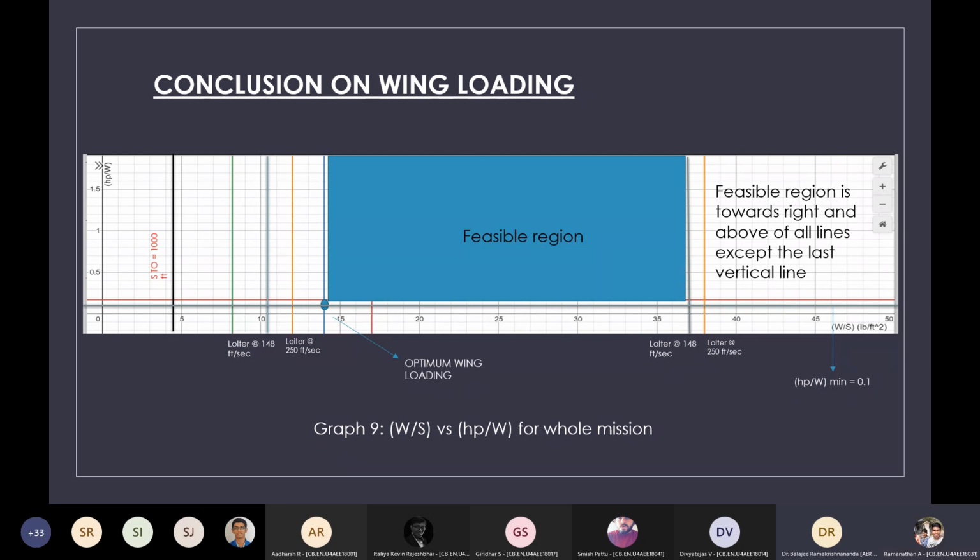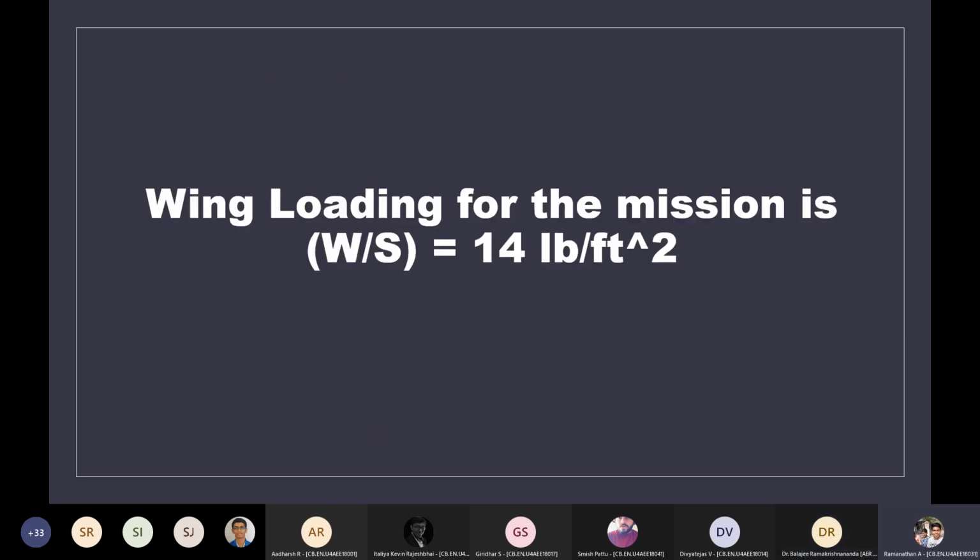Because if you have less weight, you need less power. You may have less wing area, but look at the wing loading. Actually, 14 is itself a very large value, sir. So you find out what is acceptable, and probably it's 2 or 3. I don't know. You check it out.